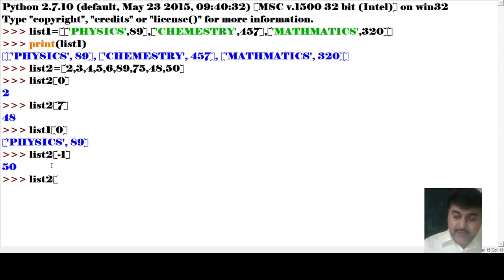Suppose I am giving here -3. So -3 means which position will it go to? 75. This particular 75 will be printed here. So this is how we can take out the value from the front, and also from the back, as per our requirement. This is the way we can make it and implement it.